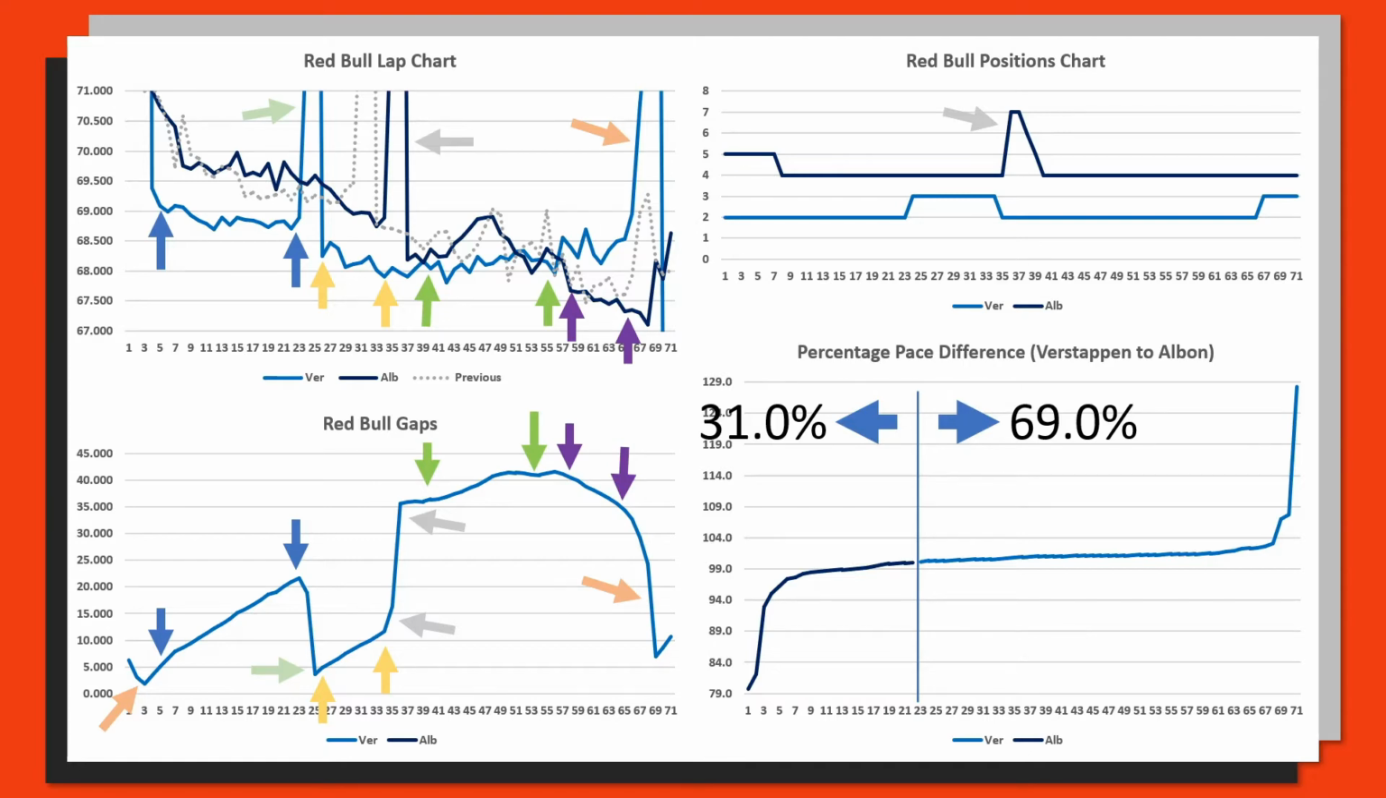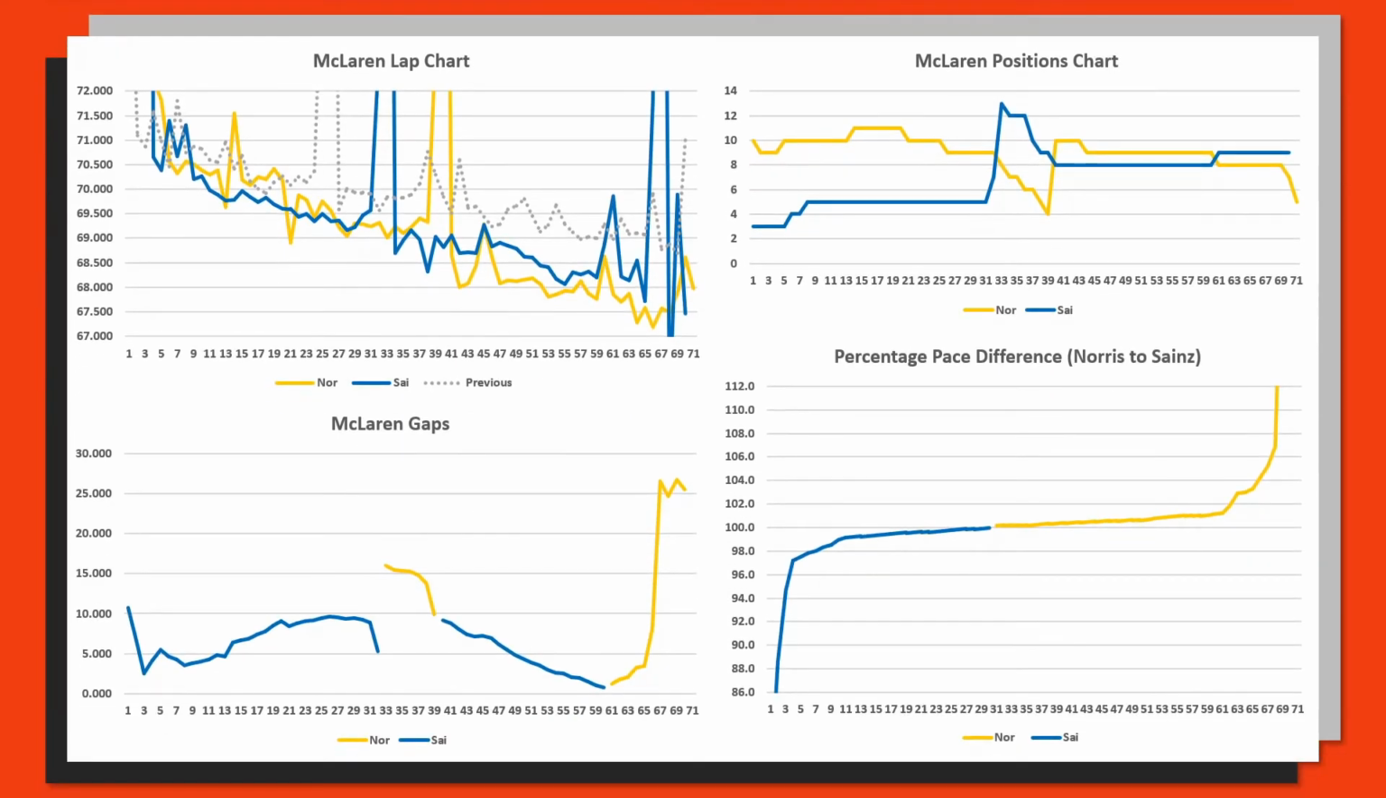However, moving from Red Bull and heading over to McLaren, we can see that they had a very marginal gain over their 2019 lap times. They had a very big gain in the second half of the race, however the first half it was much the same. But again, splitting the percentage pace difference graph down the middle, we can see that for 42.9% of